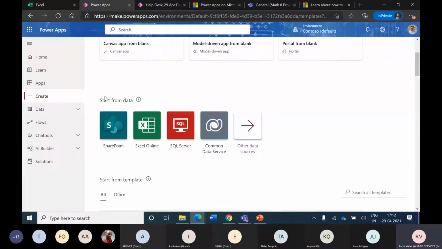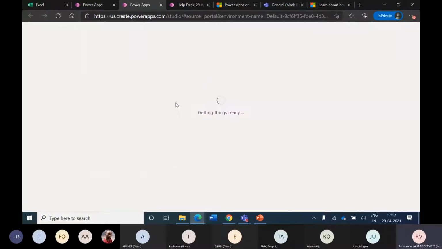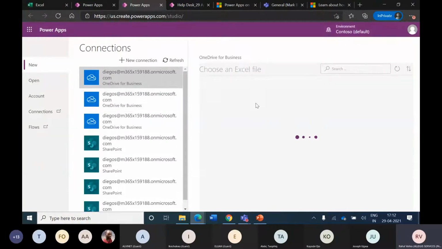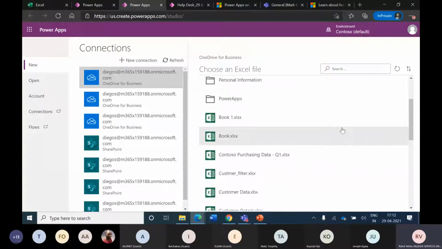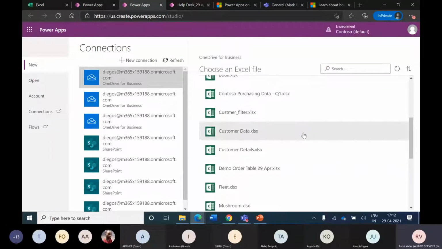So we go back, once we have identified an app, I go back to my Power App Studio and then click on this option of start from data, which is in Excel Online. So I click on Excel Online. It again brings me to the Power App Studio and asks me to select from the online Excels which I have created.